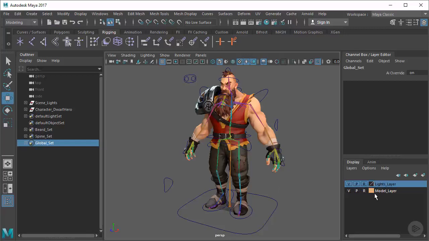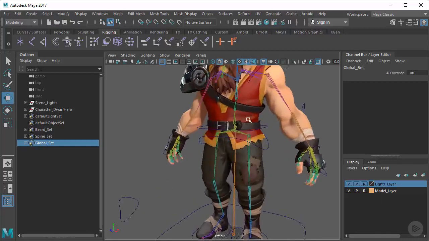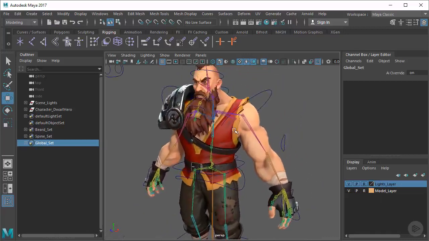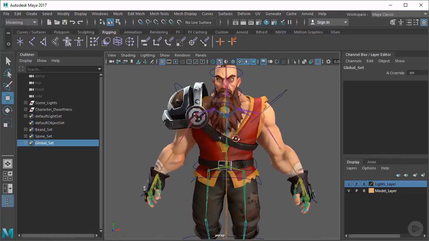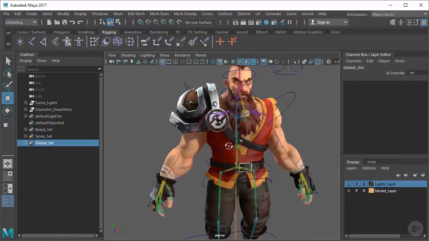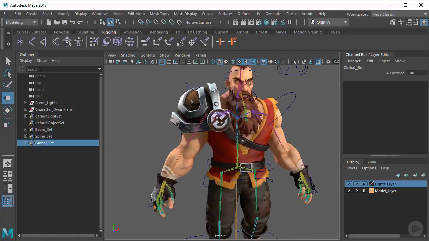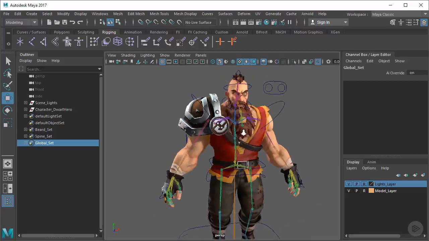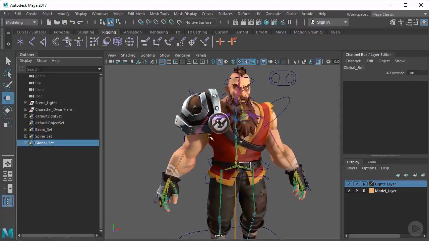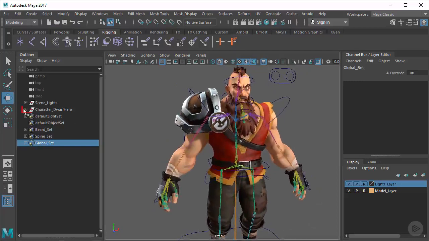So in addition to those, I'd also like to make a layer for the skeleton. And that way the animator has the ability to hide or restrict the skeleton. Because in a lot of cases when you're animating, you don't really ever have to go into that level of the hierarchy. You can just ignore the joints themselves and just deal with the controllers. So all we have to do for that layer is go into our outliner,